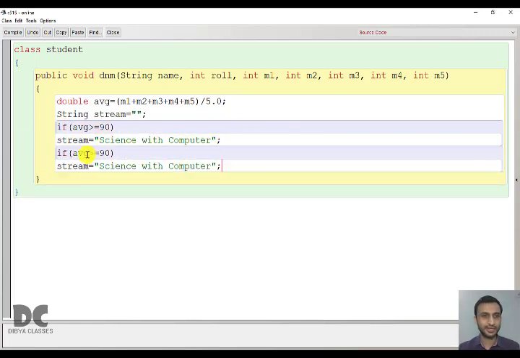Second case, if average is greater than or equal to 80 and average is less than or equal to 89. So greater than or equal to 90, it is science with computer. 80 to 89, it is science without computer.